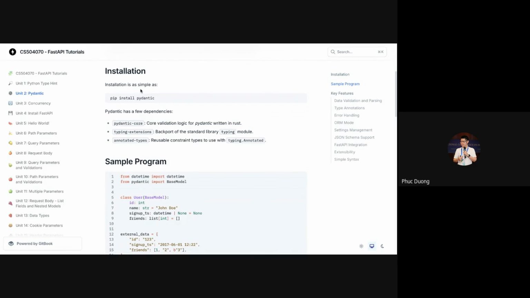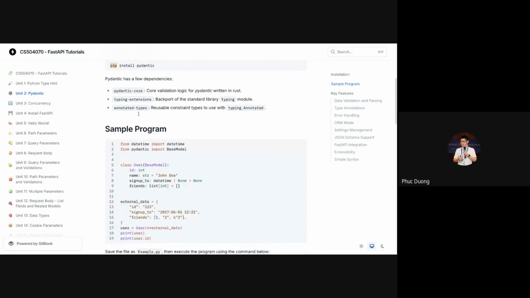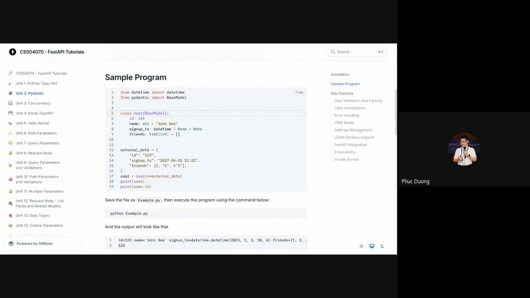Before using Pydantic, you should install it via the pip command. I think you are familiar with this command in Python. Now let me show this sample program. You define a User class, and in this class we have 4 properties. The first one is the user ID. The second one is the name of the user.